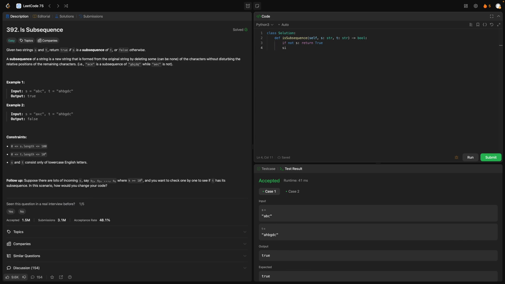index for the string S, which is 0. And for every character in T, if this character is equal to the current subsequence character, we will move forward this pointer, and after we move it forward, if it has already reached the end, so we found it, return true,